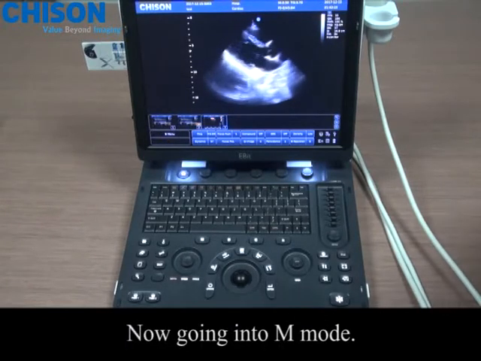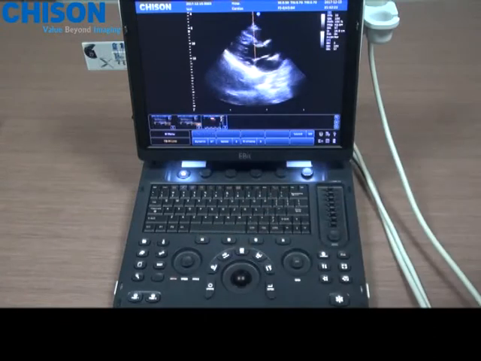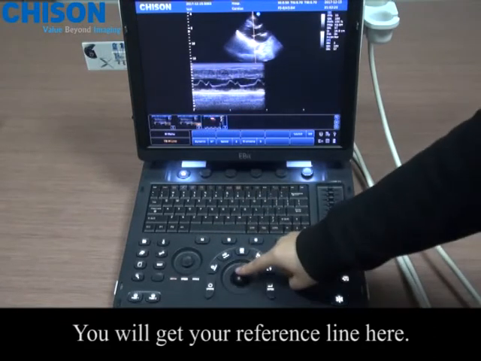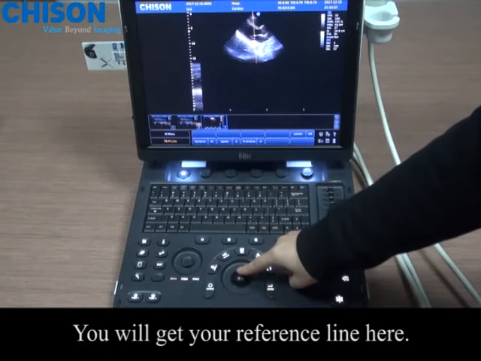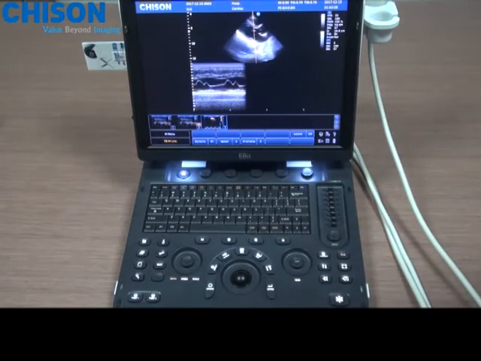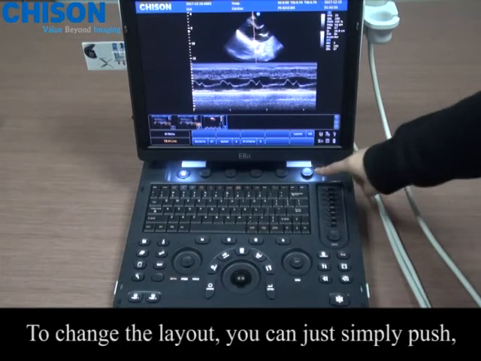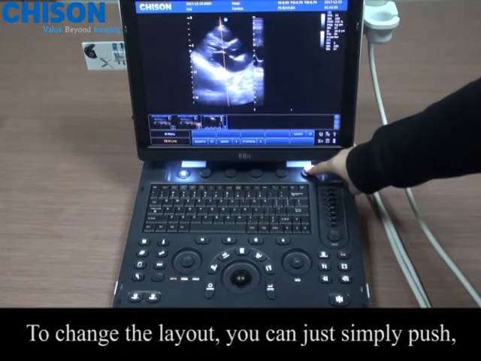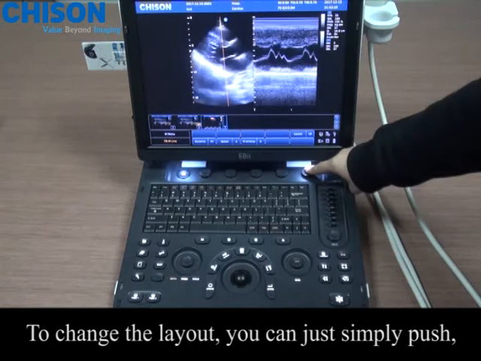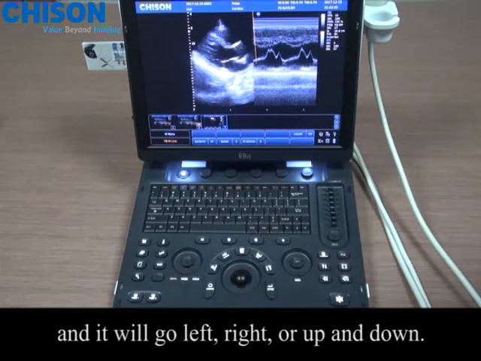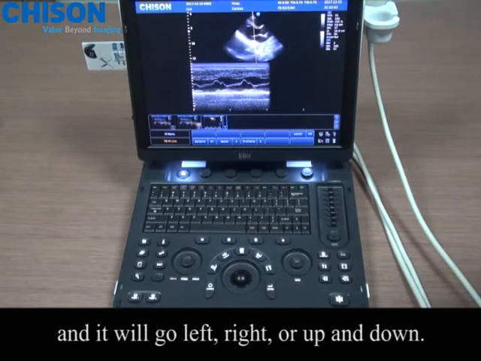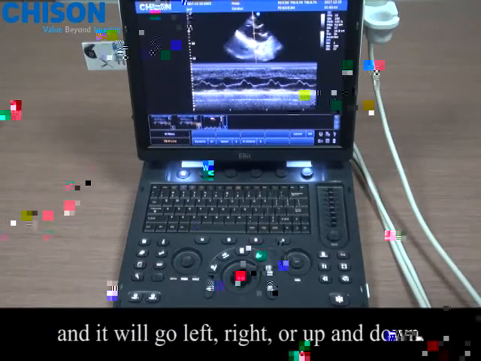Now going into M mode. You will get your reference line here. To change the layout, you can just simply push, and it will go left, right, or